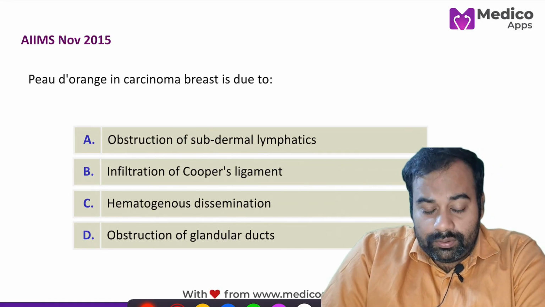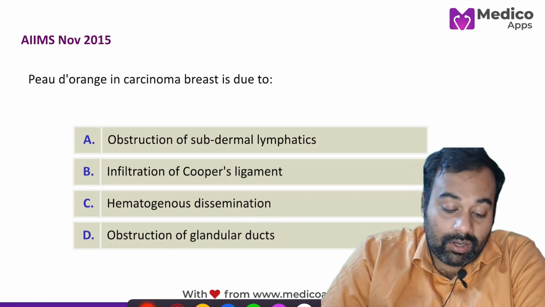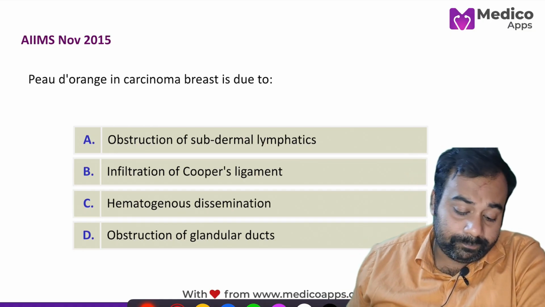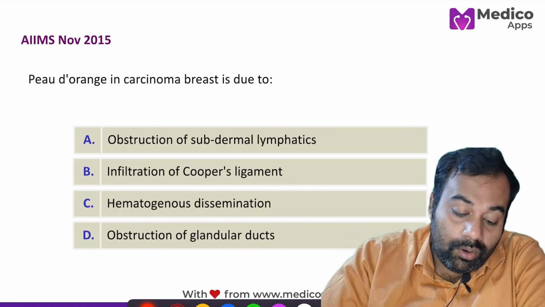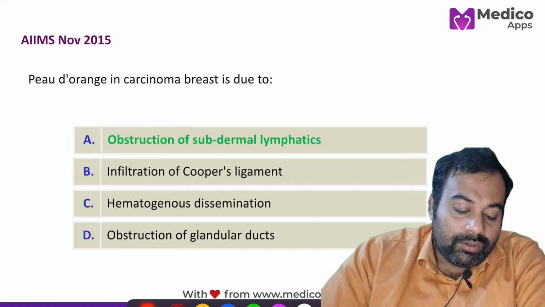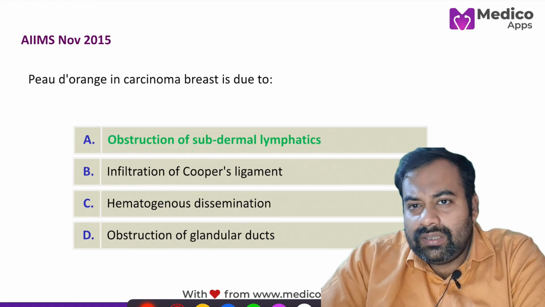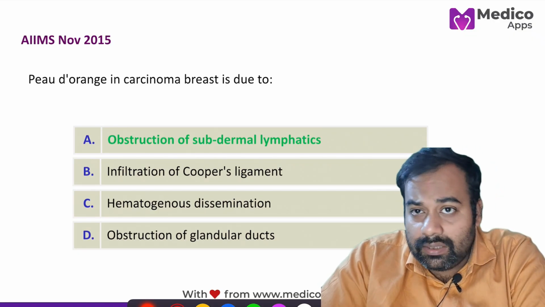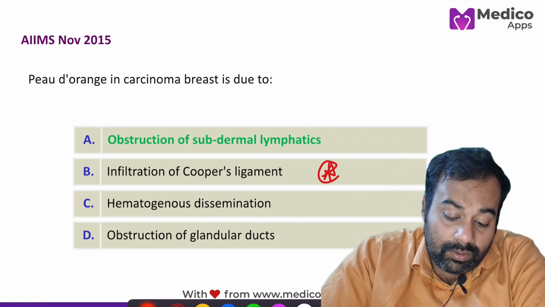Now let's take another question from the same topic: the Peau d'orange in carcinoma breast is due to, yes, obstruction of the subdermal lymphatics, infiltration of the Cooper ligament, hematogenous dissemination, or obstruction of the glandular duct. It will always be obstruction of the subdermal lymphatics, right? Infiltration of the Cooper ligament is associated with skin puckering, okay? But this is not going to be taken as a consideration as skin involvement in such cases. That is very important for you guys to